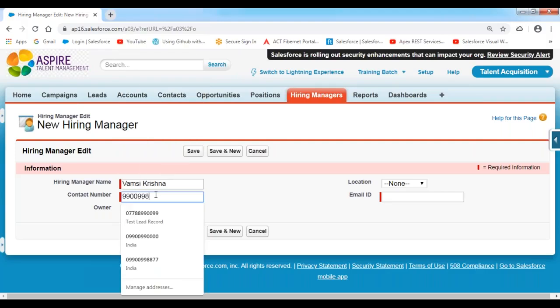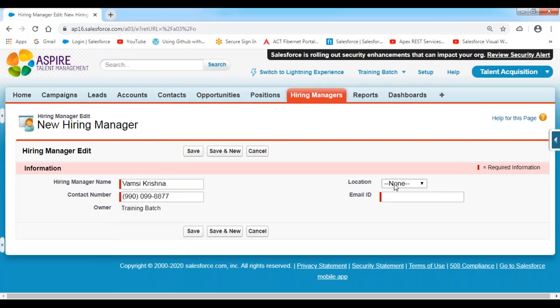Contact number, I'm giving some value. Location, I'm indicating Chennai. Email ID, I'm indicating Vamsi@some gmail.com. Now, as soon as I insert the record,